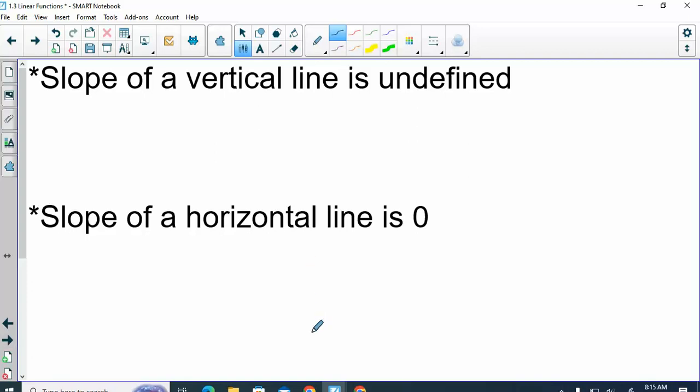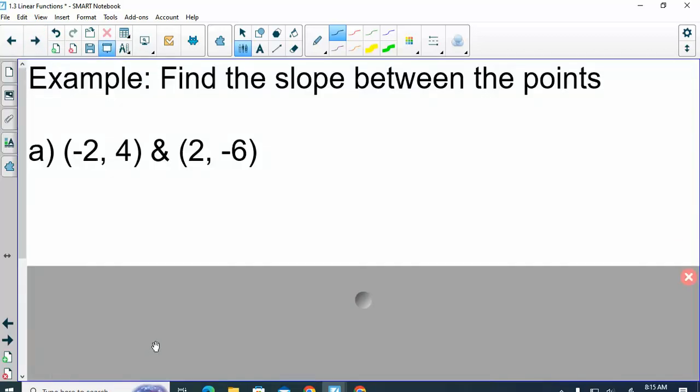When you're finding slope, does it matter which points on the line you choose? No, the steepness of the line is the same everywhere, so any 2 points, if you calculate the slope between them, you will get the same answer. So let's practice one. If I wanted the slope between these 2 points,